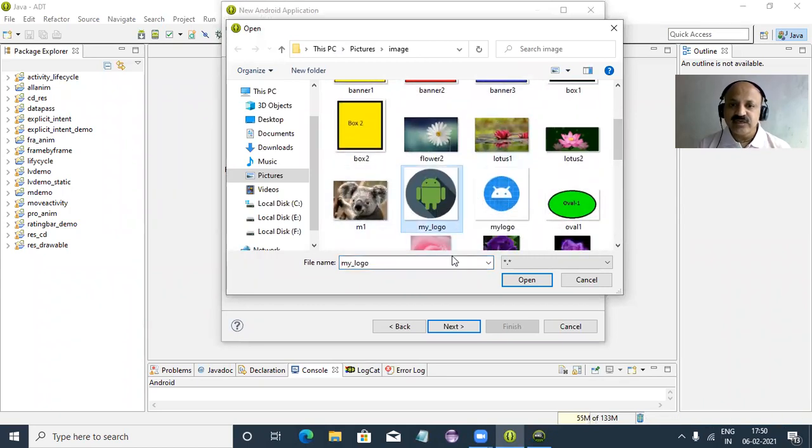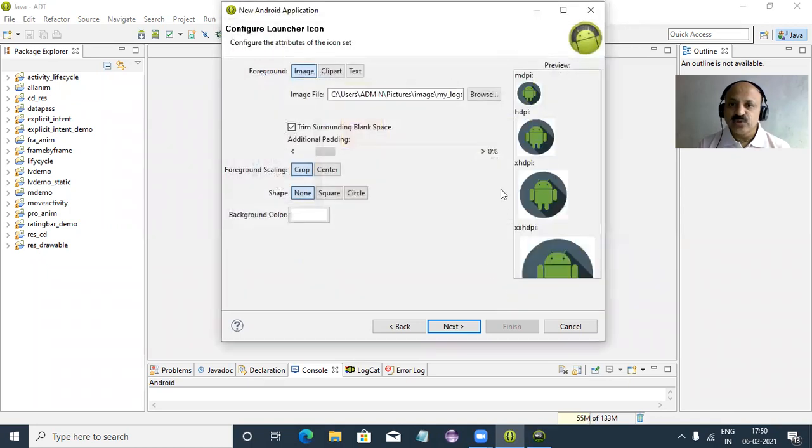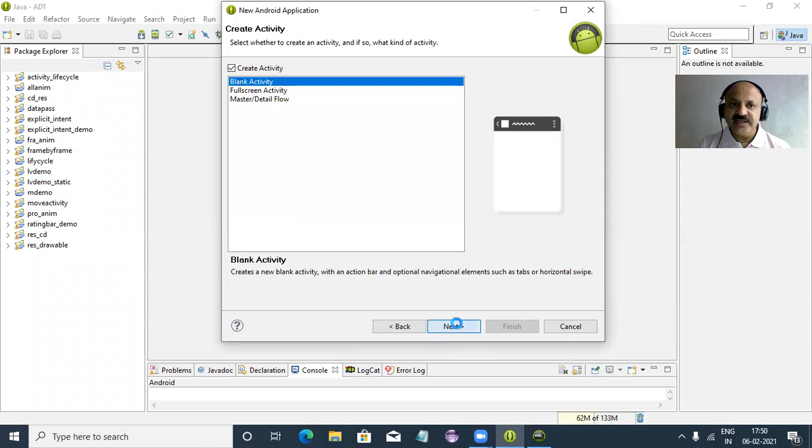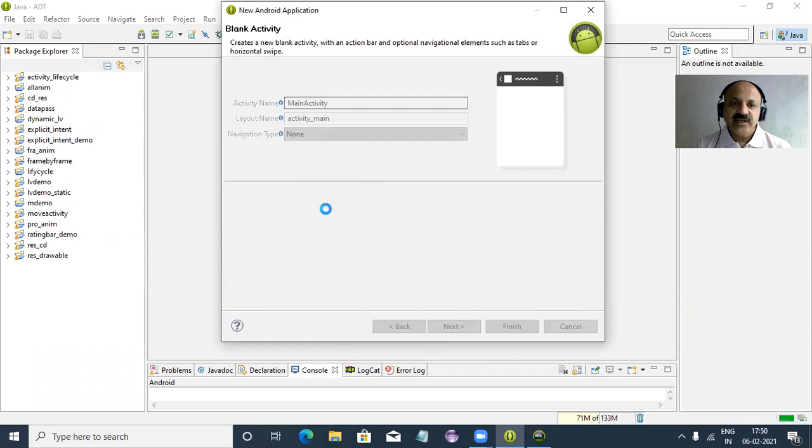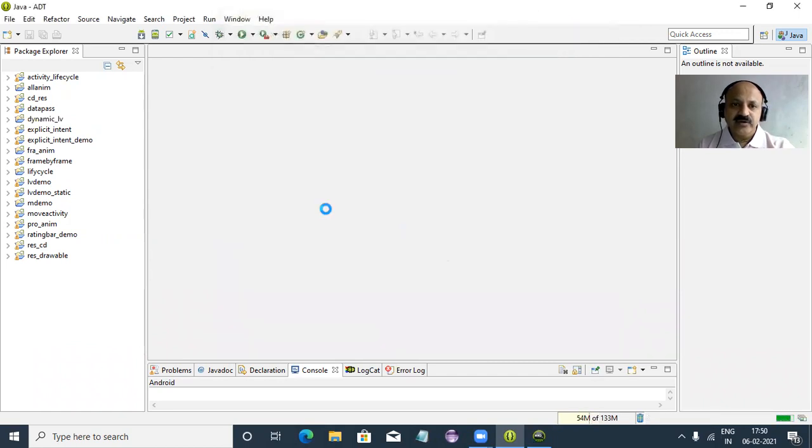I select the first one and open, so you can look, it changed. Next, blank activity, main activity and activity underscore main, that is the Java and XML file. Finish.